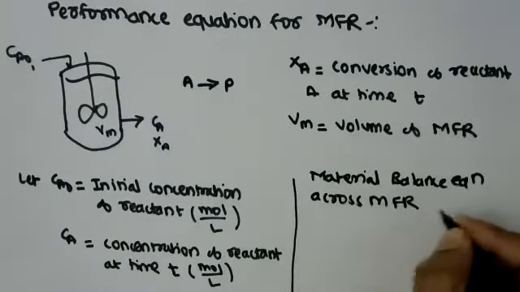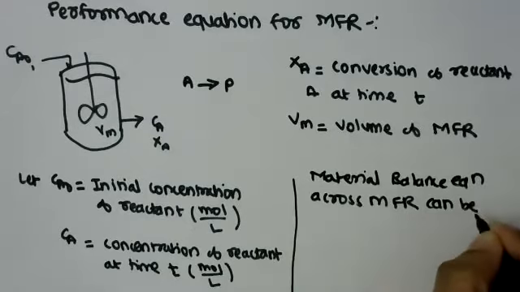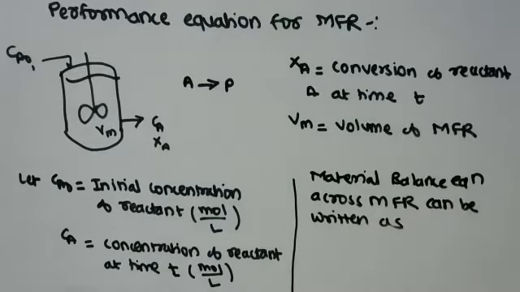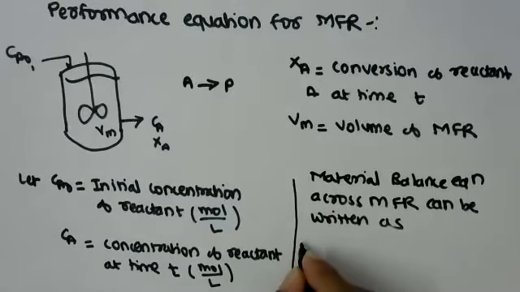First of all, we'll write the general material balance equation. Then we'll substitute the conditions specific to the mixed flow reactor, and then we'll simplify and derive the final equation. So for any reactor, the material balance equation across the reactor can be written as